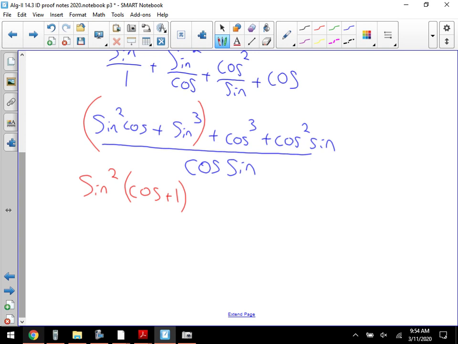Okay. Oh, sorry. Cosine plus sine, excuse me. I forgot that there were 3 of them. I'm like, whoa, that's 3. And for the second grouping, I take out a